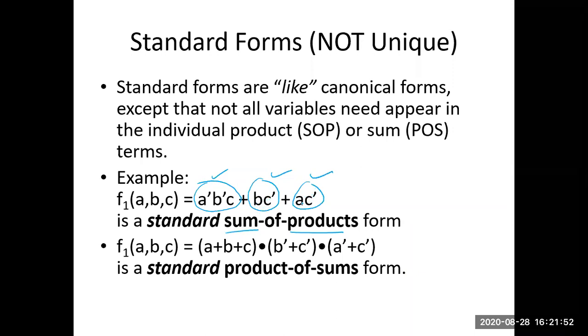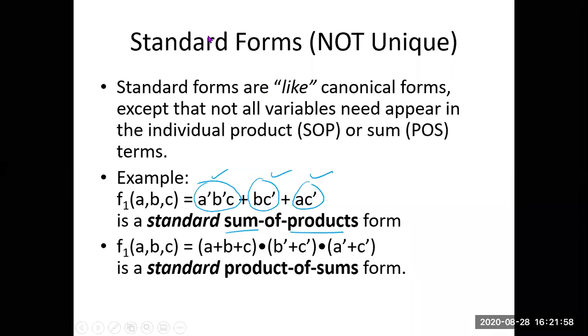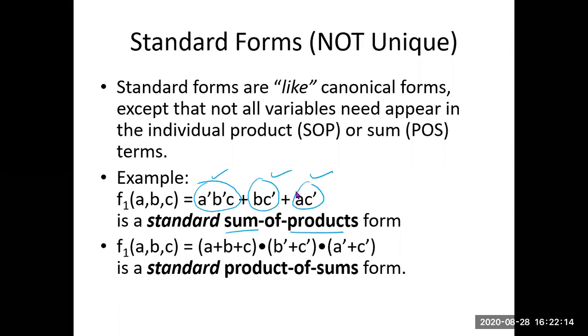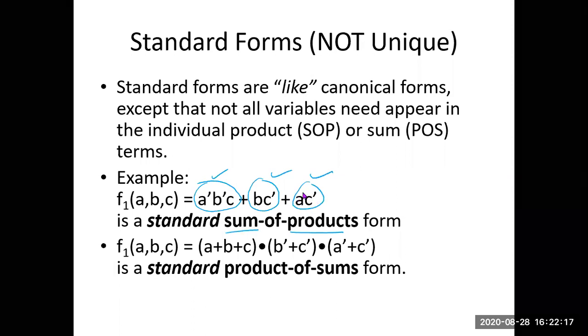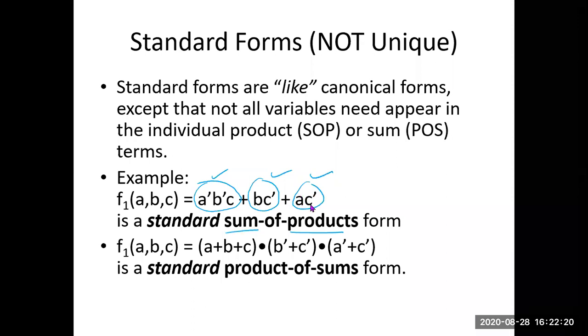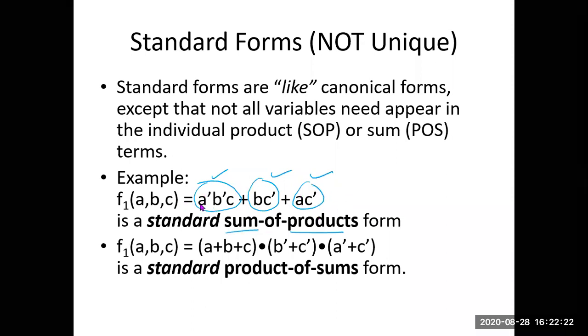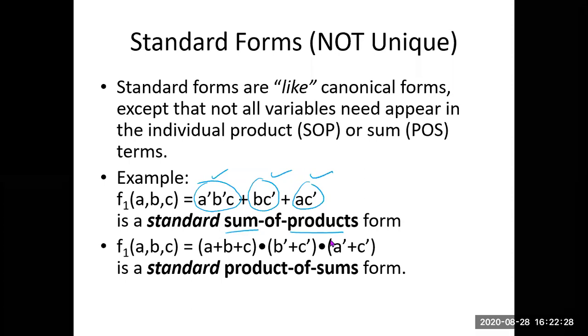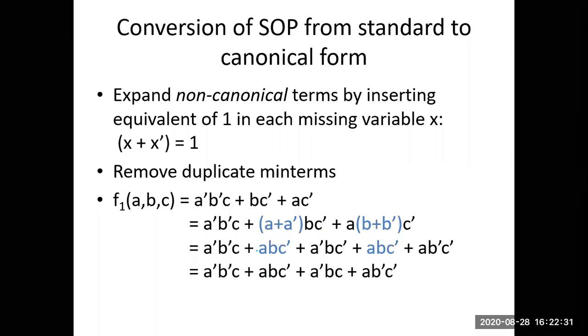And this third one also, you can see that it is A C bar. In this third one, there is no component of B. So I can say this A C bar is in the form of product, and all the products are summed with each other. So this is standard sum of product form. In the same manner, you can write standard product of sum.